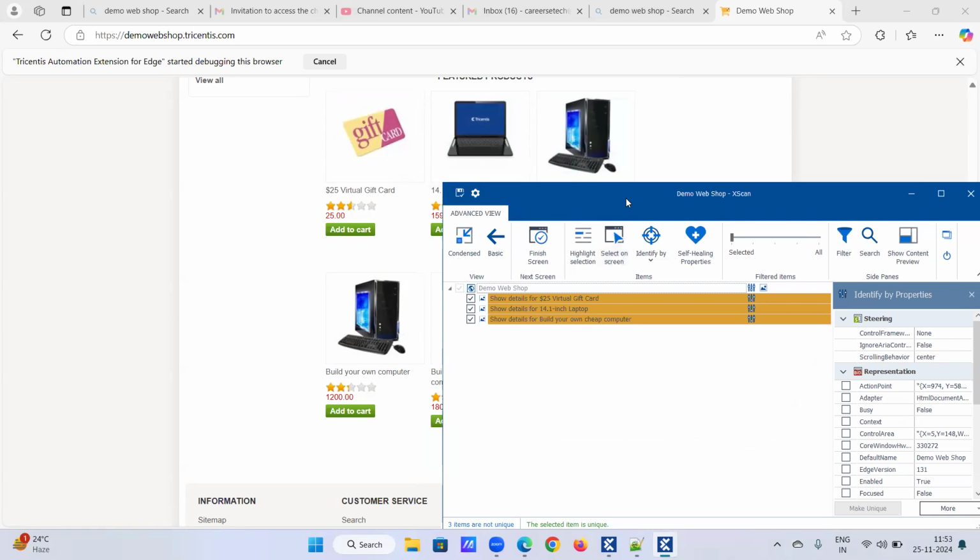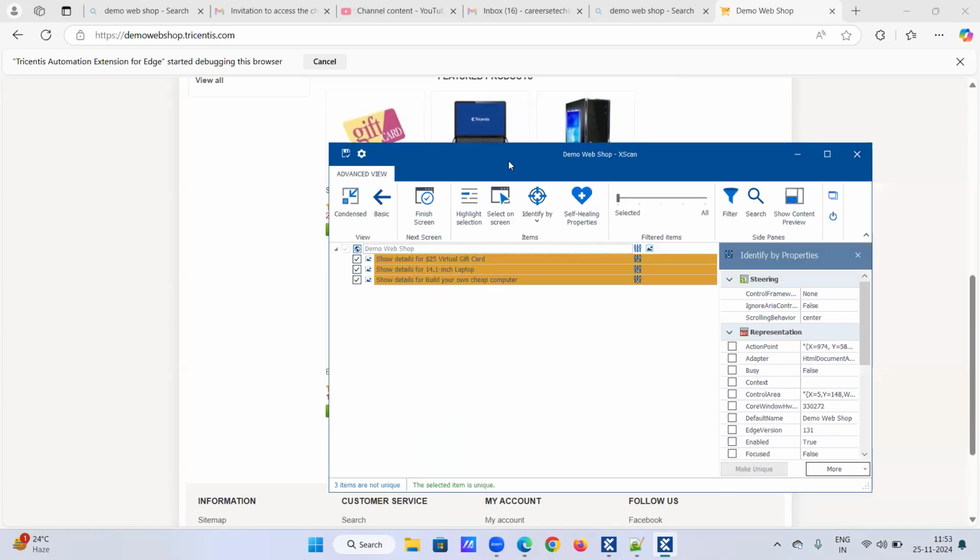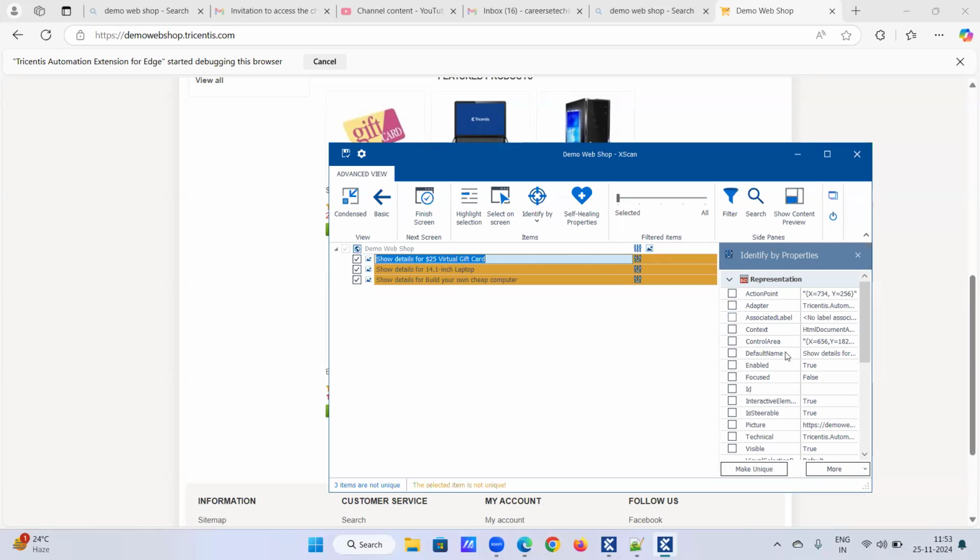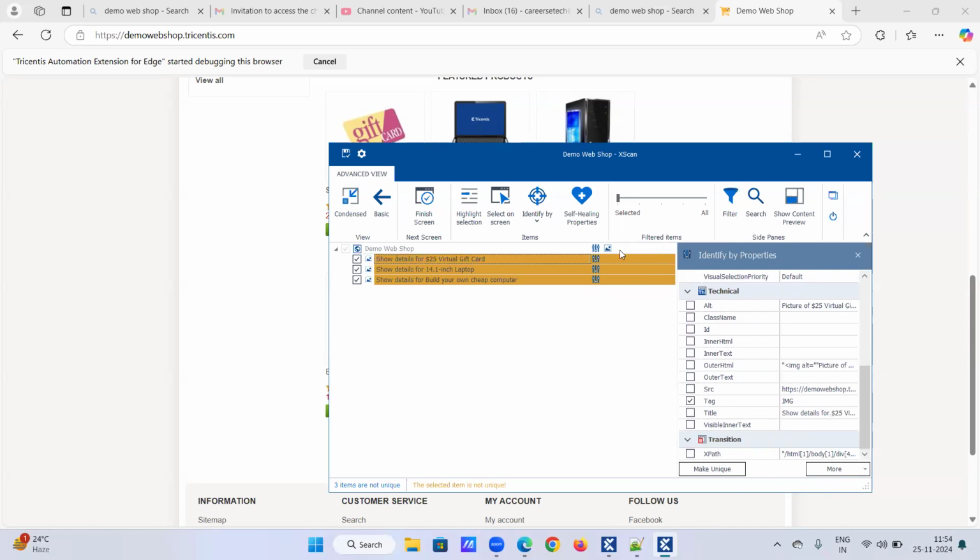Now, previously, whatever image we selected, it was completely going and sitting here, right? It is showing the symbol, that image button. And just choose to identify the properties. What happened when you use the properties is you are getting the same image, right? Here, you can see the same image. It is not unique. So basically, when you are trying to identify the image, each and every image has one property called